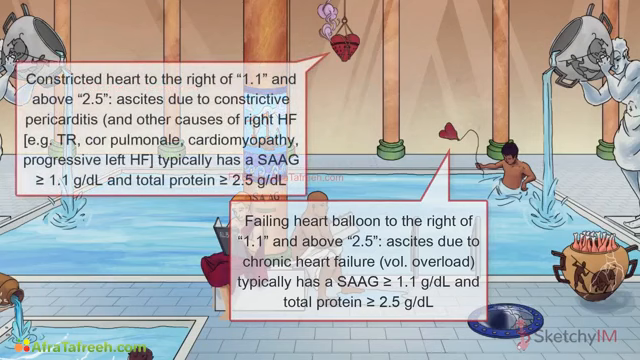Ascites occurs in chronic heart failure due to activation of the renin-angiotensin-aldosterone system, leading to volume expansion and increased central venous pressure. Ascites occurs in constrictive pericarditis and other causes of right heart failure, including tricuspid regurg, cor pulmonale, cardiomyopathy, and progressive left heart failure due to diastolic dysfunction of the right heart causing an obstruction to venous return and